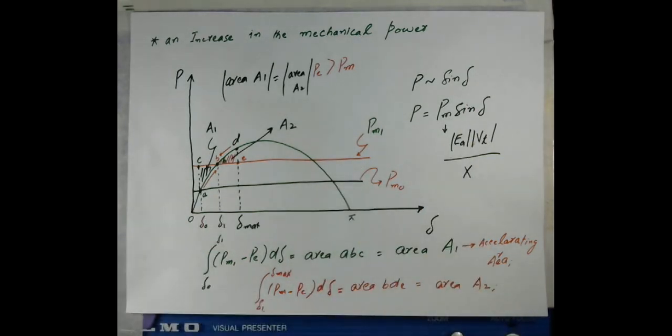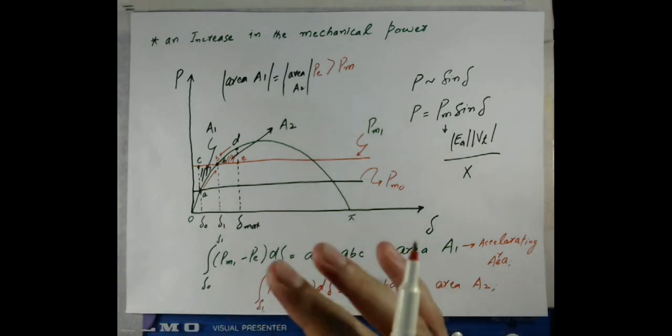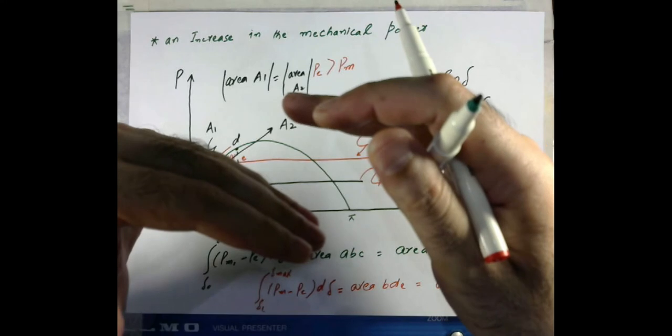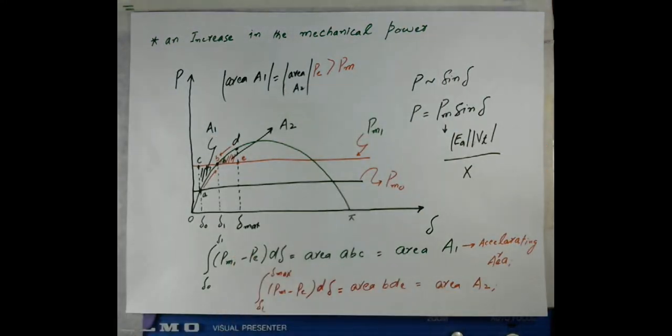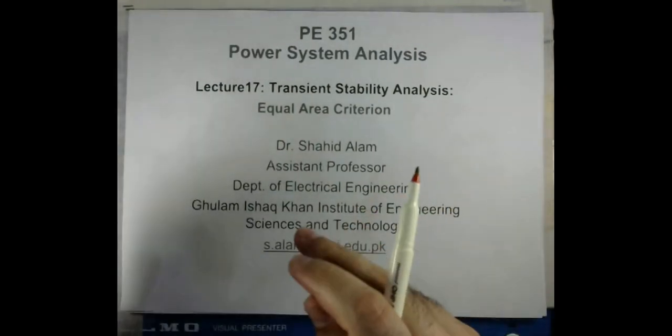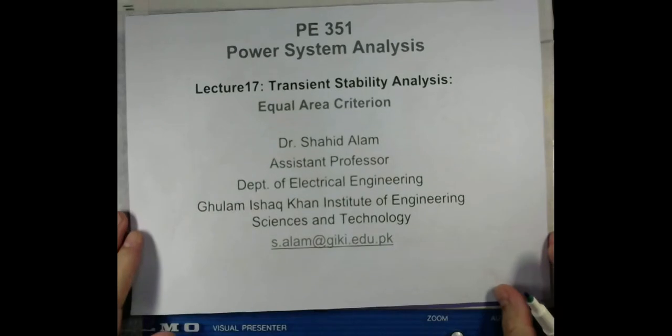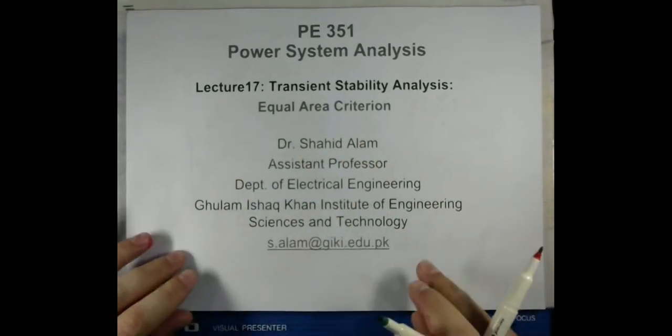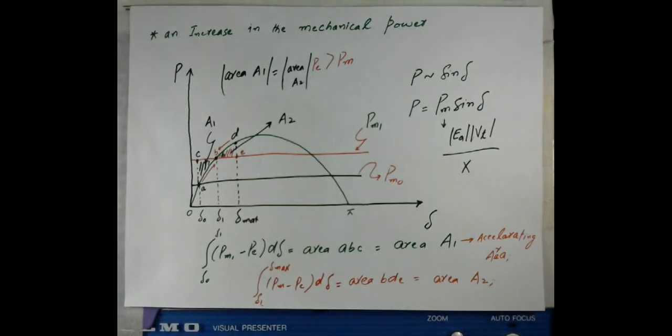We talked about the equilibrium points, and even we considered some examples where we discussed the system before a disturbance, during a disturbance, and after disturbance. And now in today's lecture, I discussed the other method of determining the stability of a system, and that is through equal area criteria, which is based on the graphical representation of energy rather than solving the swing equation.